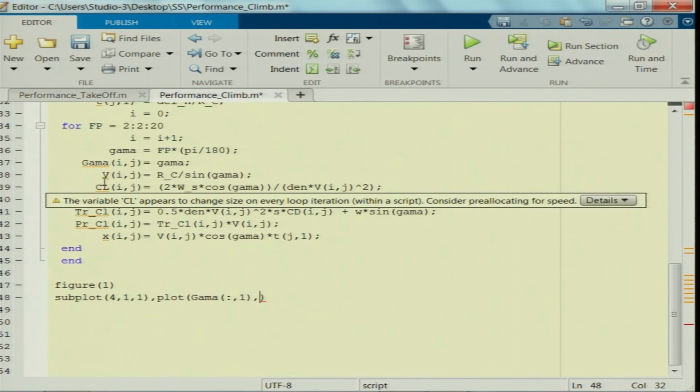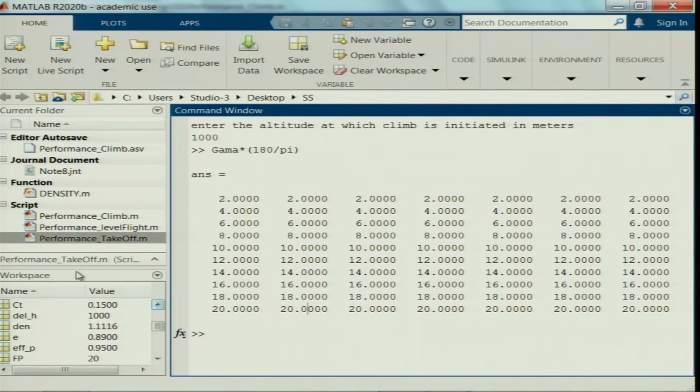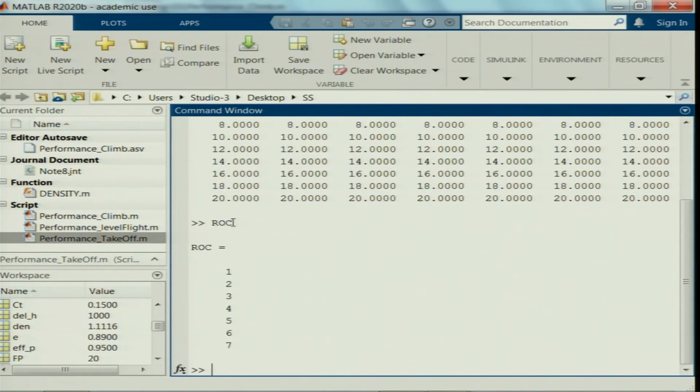Each and every column corresponds to a particular rate of climb, and rate of climb is just varying from 1 to 7. I can look at it from the workspace or write it down here. I will plot for only one figure, so you try to plot it for the rest.